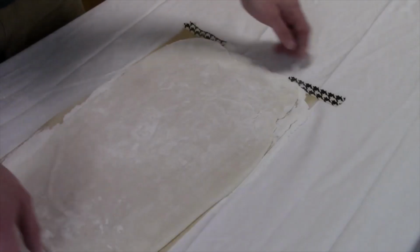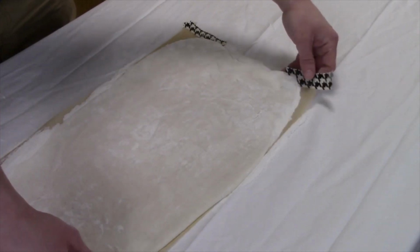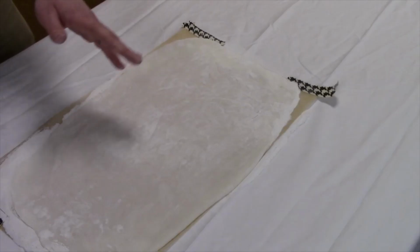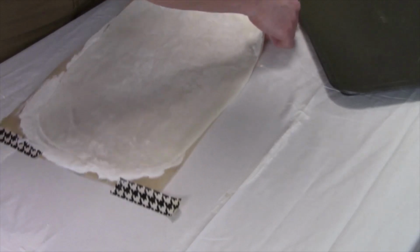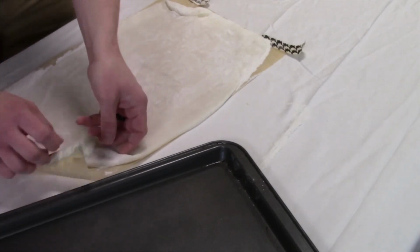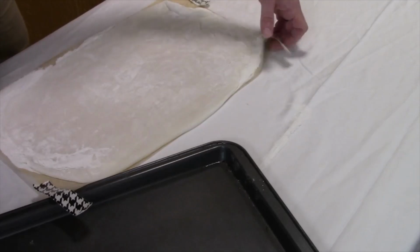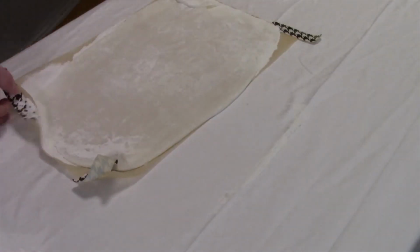So go ahead and what we're going to do is take our parchment paper. So I taped mine down just to keep it on the table so I can move it around. You don't have to do that. This is the tricky part. So you know what we're going to do. I'm actually going to slide it off the table. You probably won't see it, but